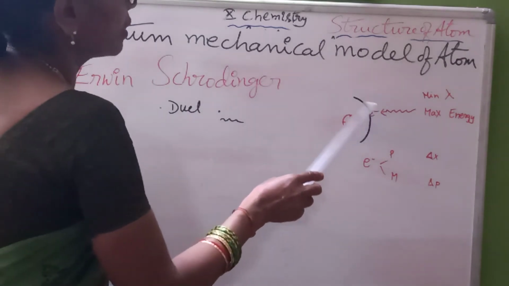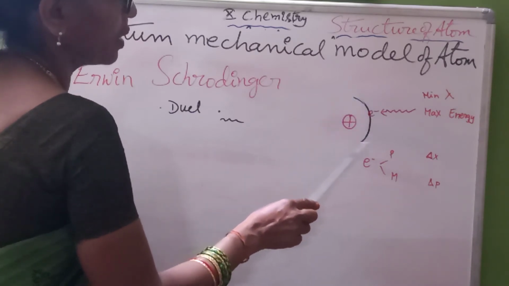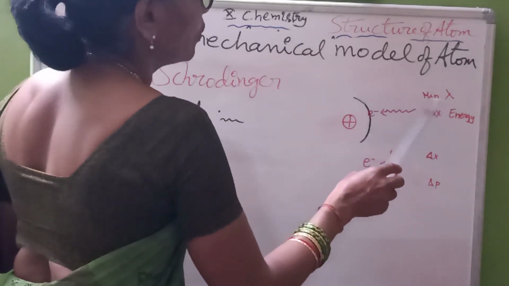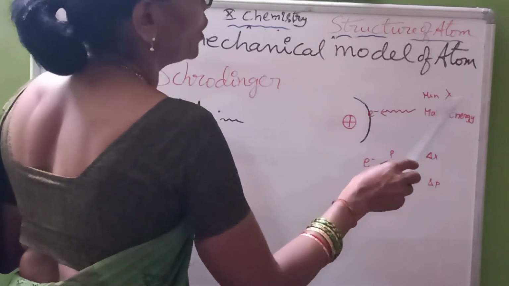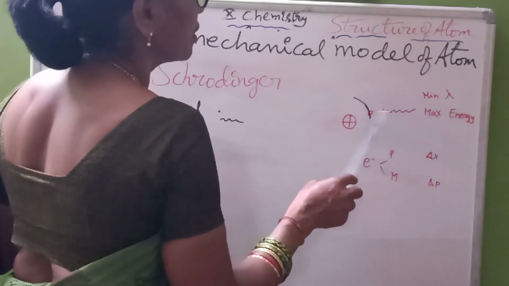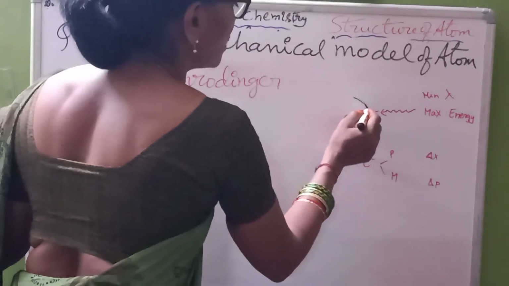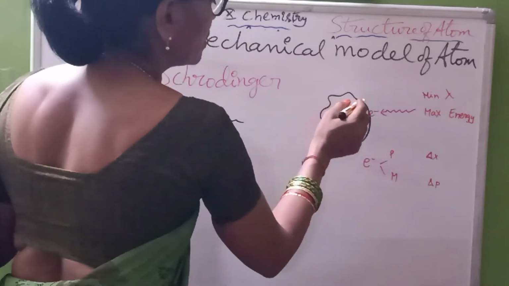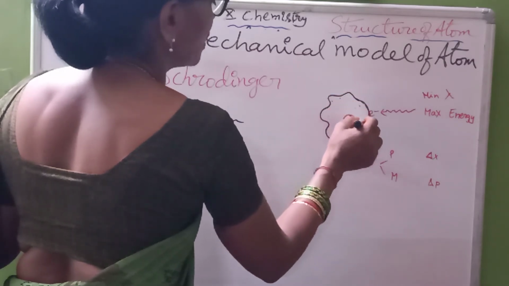Let us take the electron which is revolving around the nucleus in a particular path, which we call an orbit. For that, let us give radiation which has a minimum wavelength, designated with lambda. Minimum wavelength means it carries maximum energy. When that type of radiation is given to the electron, instead of moving in its specific path, there is a disturbance in its path, and we find it has wave motion. And the dots I am keeping here show the electron density.